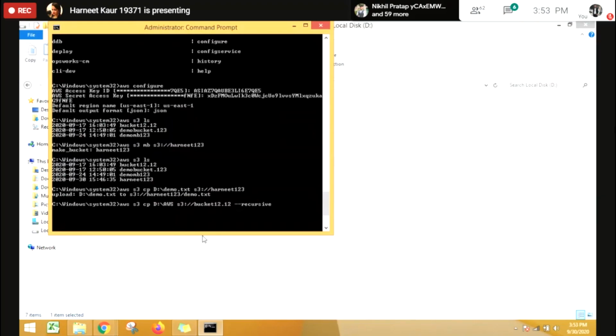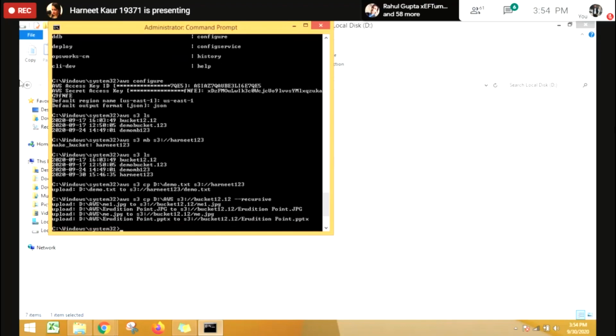So see, if I have to upload multiple files into my bucket from the local machine, then how will I do that? This is the entire command for that. AWS S3 copy, the path from the local machine and the bucket name where I want to upload, along with the recursive option. So I will press enter. It will consume some time because it is uploading the data one by one. Okay. So all the data is actually being uploaded here.